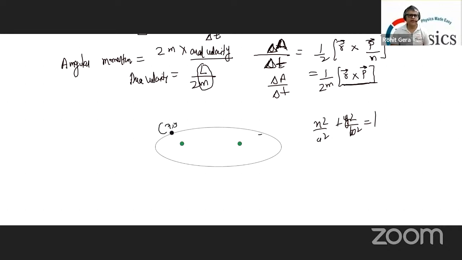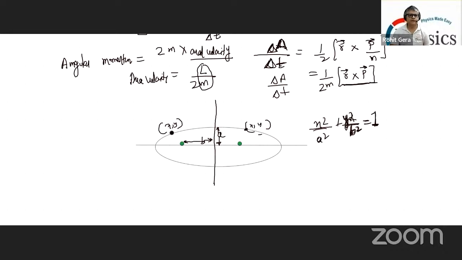और ये इसके दो एक्सिस हैं, there are two axes, a minor axis and a major axis. This can be A or B, whatever. So this is A and this is B. Okay, A and B. So this is your x square by A square plus y square by B square is equal to 1. ये जो पॉइंट आपने लिया है इसके ऊपर, if you calculate the distance of this point